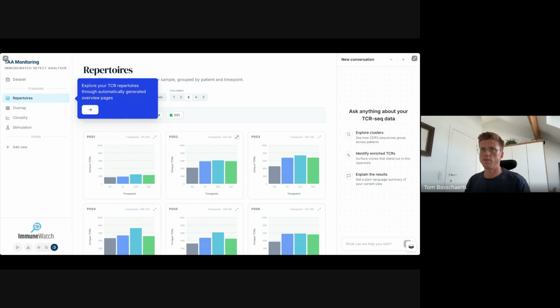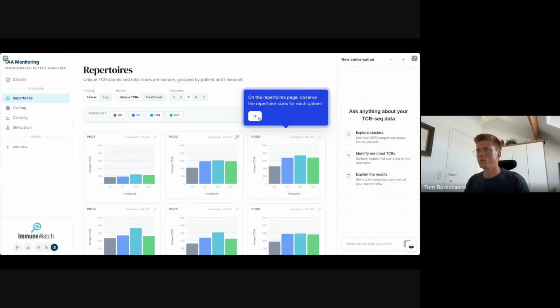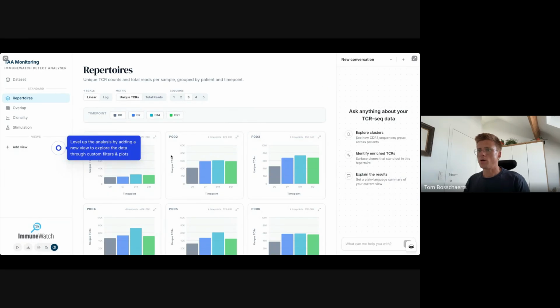You would have different standard views, including, of course, the repertoire overview, where for each patient you see the different samples and also the number of clonotypes in each sample, and also other repertoire metrics. But we're going to take a deeper dive and look at what can you do with the clustering and the